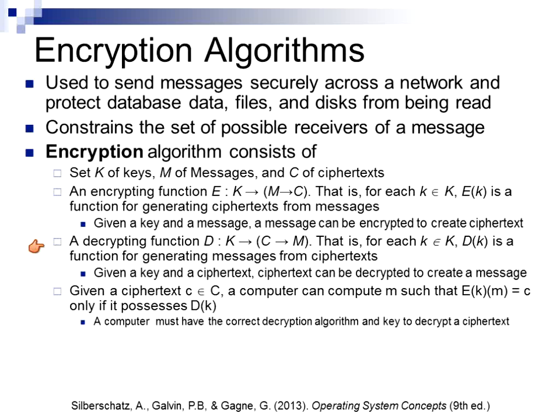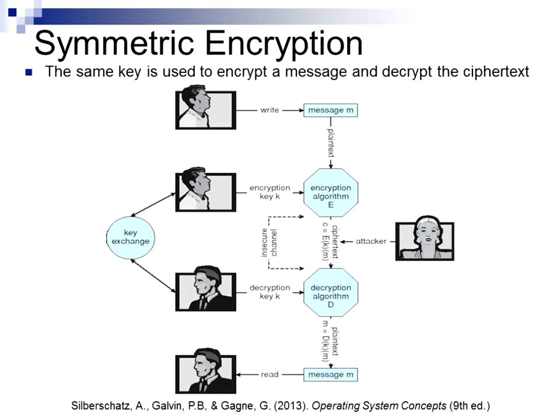The decrypting function then uses a key so that it creates the message from the encrypted message or from the ciphertext. So the encryption takes a clear text message and encodes it, and then decryption takes the decoded message and converts it back to clear text. Okay, so that's basically what happens in an encryption algorithm. Okay, it's both the encryption and the decryption.